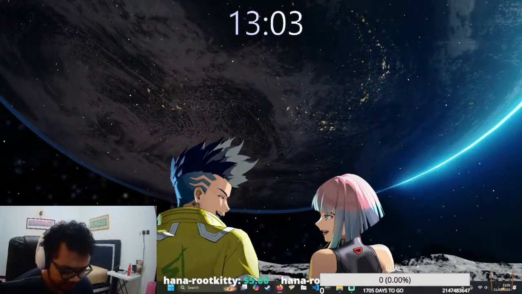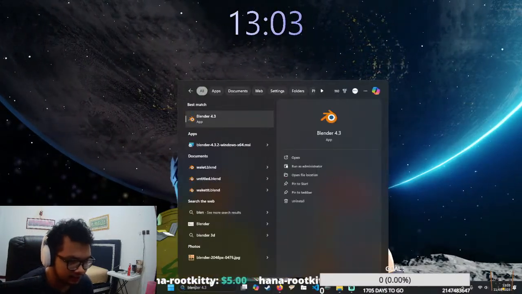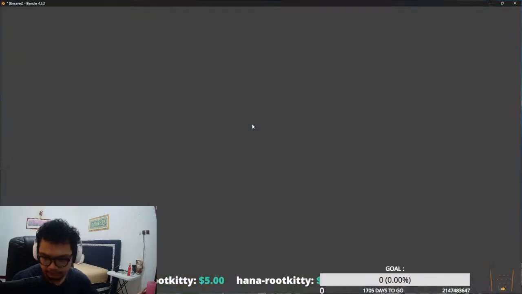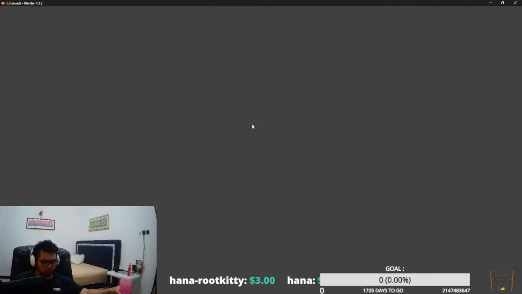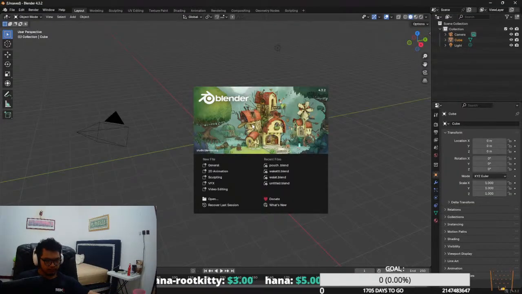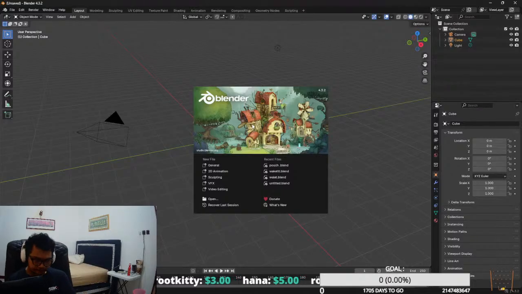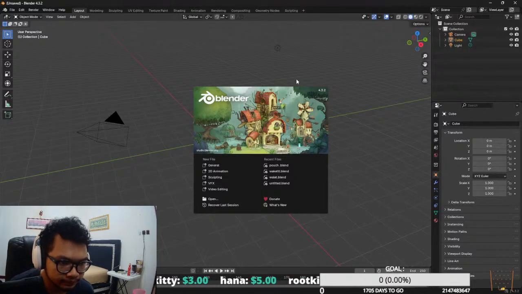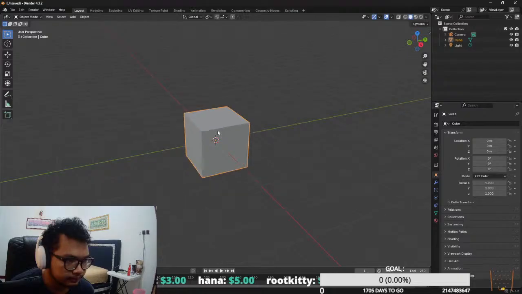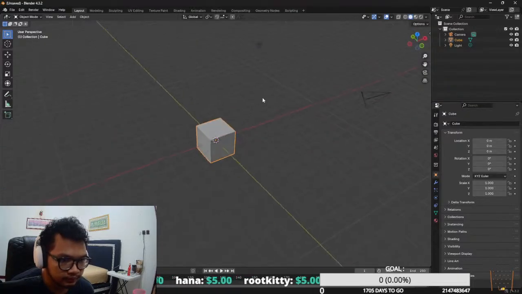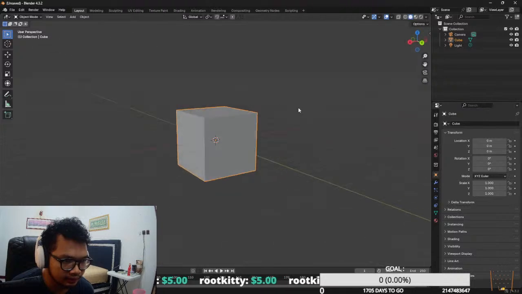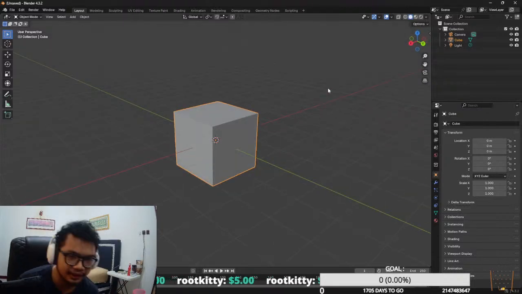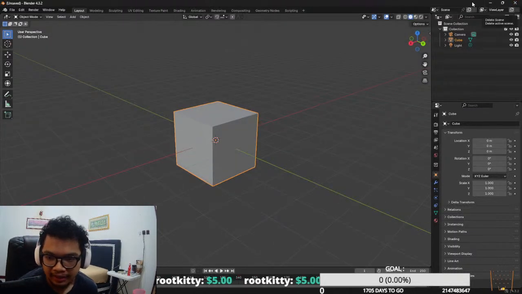Then we can find and open up Blender. Yeah, I think this is some of the stuff that I try to do, or this is just the basic opening. Anyway,